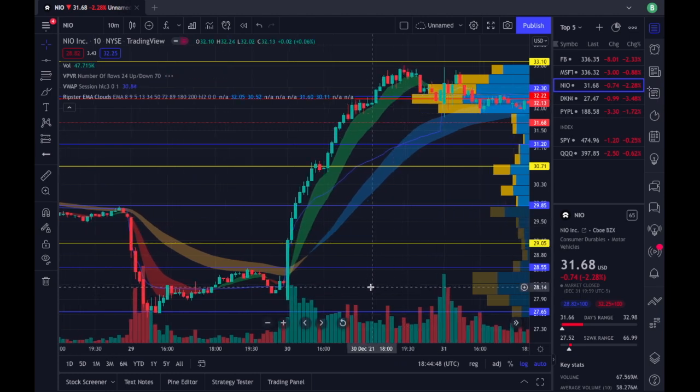With the Ripster EMA Clouds, it works more on the 10-minute time frame in order to identify the trends and stuff like that. But on trend days where either buyers or sellers are in control, you can use it, and it's very helpful on the 5-minute. But when it comes to staying in plays longer, I use the 5/13, 34/50 EMA Clouds to give me this